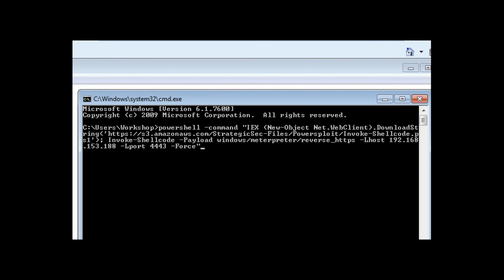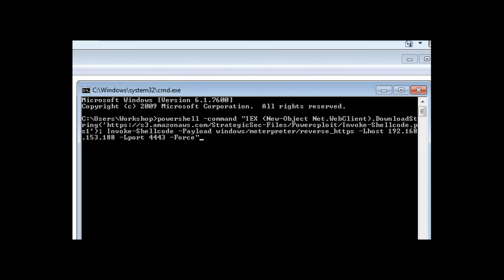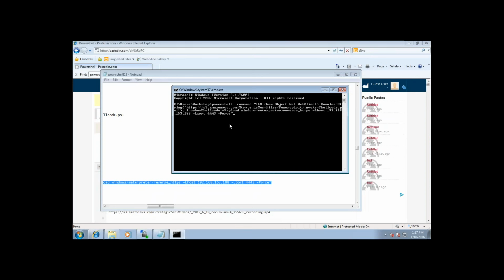So this is all the same, but you see where I actually have it located? It's out in my Amazon AWS, and it's got something called Invoke-Shellcode. And with Invoke-Shellcode, you can just specify the payload, specify the host, the port, and then just say force, right? So now I light this joker up,